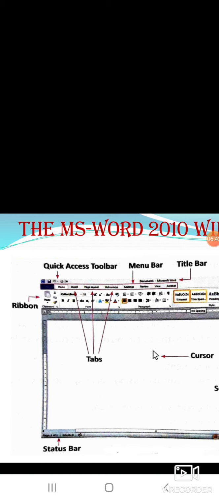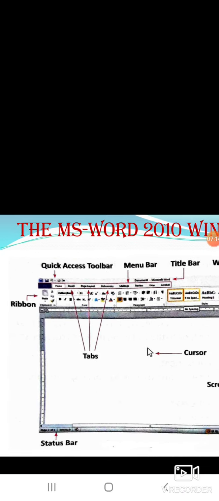In the ribbon, the View tab is there. Click there, then click the checkbox next to ruler to hide or show the ruler. That is your wish.